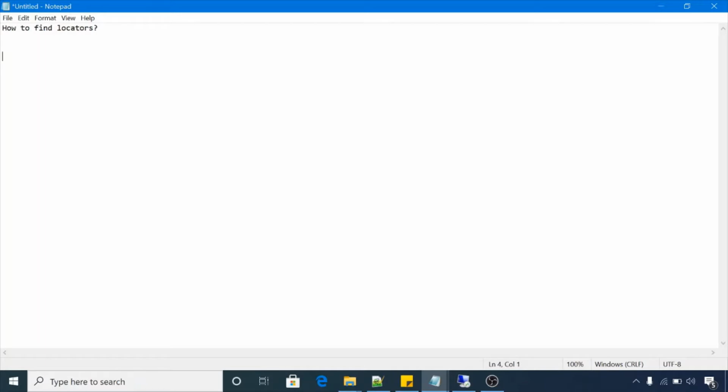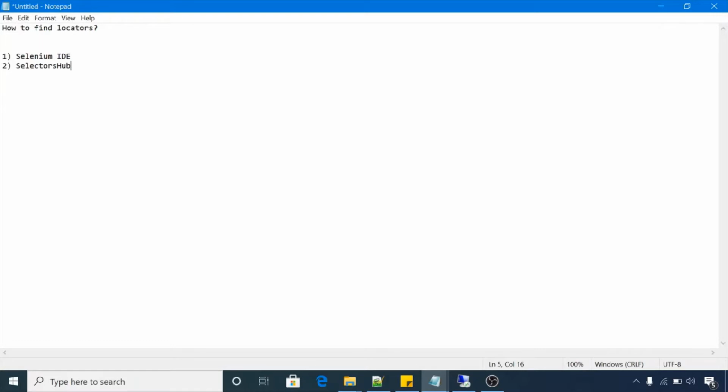So there are many ways to find the locators on your machine. You can directly use Chrome browser or Firefox browser, or there are some external tools like Selenium IDE. You can use Selenium IDE to find the locators, and there is one called Selectors Hub. With that you can find the locators.